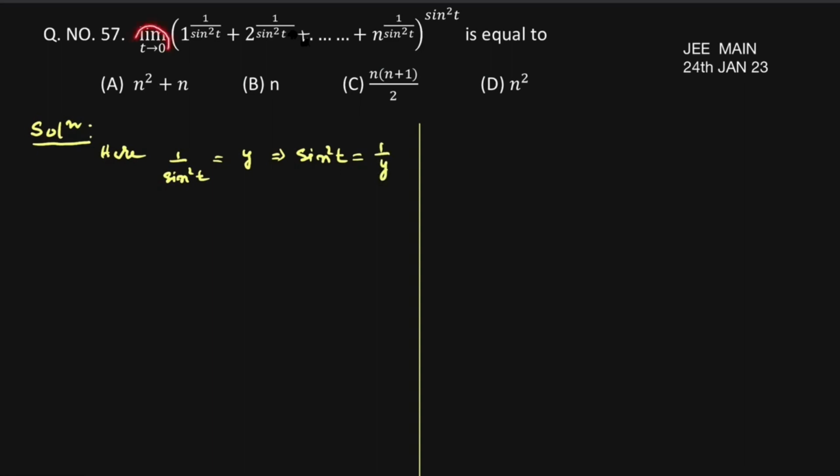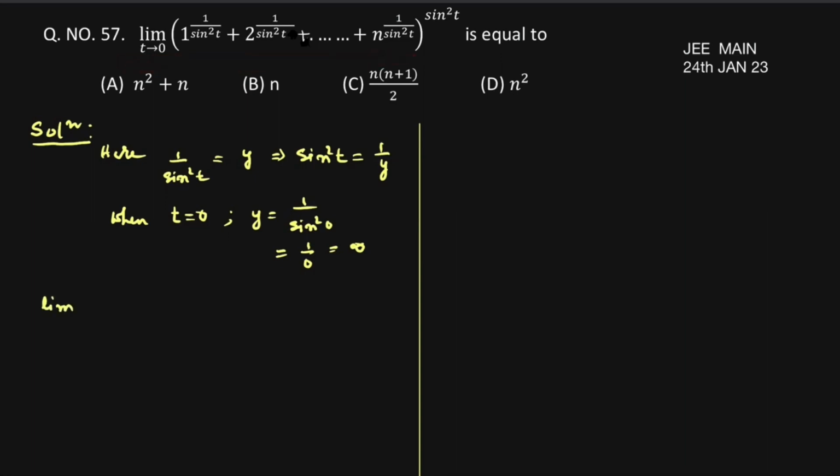After that we change the limit: when we take t equal to 0, then y is equal to 1 divided by sine square 0, which is equal to 1 by 0, which we will take as infinity. So when t equals 0, we get y equal to infinity. Therefore we are able to write this limit as